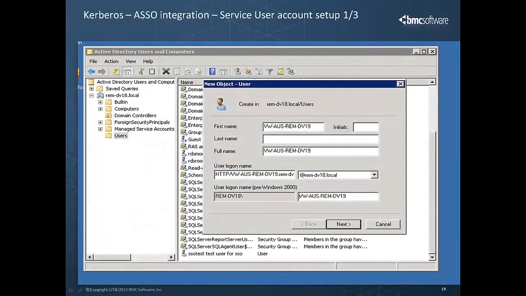So in step 1, basically we log into the Active Directory domain server and then create an account for the Atrium SSO service. In this example, we use the computer name as the login name. In this dialog box, enter the details here and make sure that the user login name follows this syntax: HTTP/